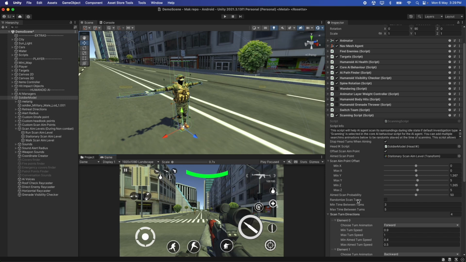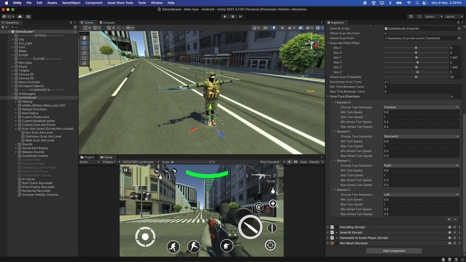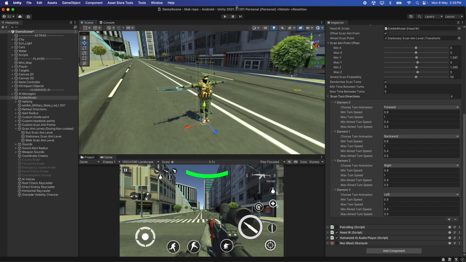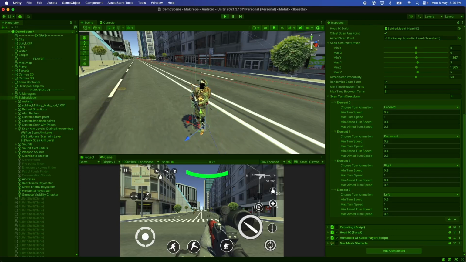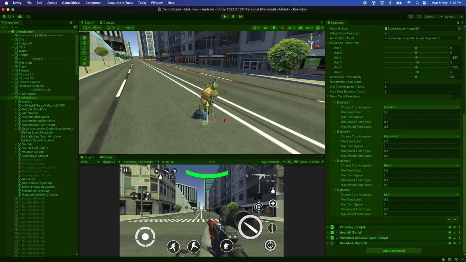And let's enable randomized scan turns, which would make those turns random as well, and can lead to a similar effect like the one with the aiming randomization. Let's push play. First turn, no aiming. You see, second is aiming, third is aiming, and the fourth is aiming too, and now no aiming. So we just saw how the same choice can be made a few times in a row,